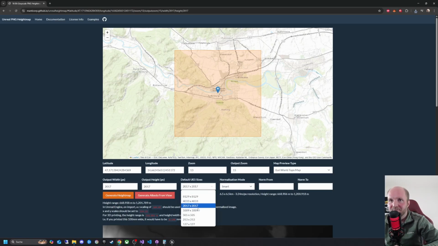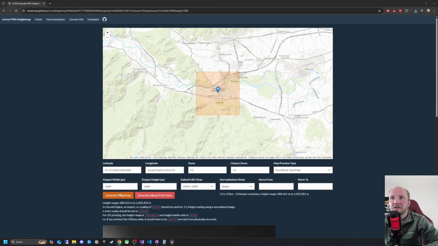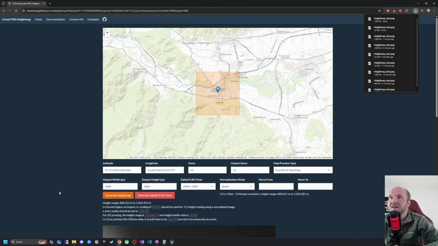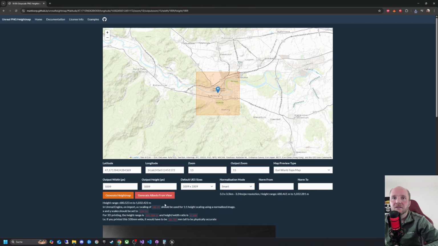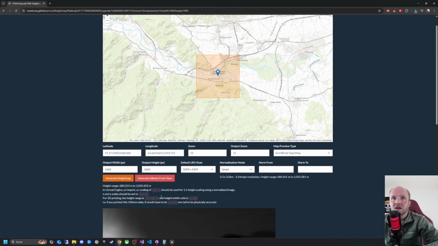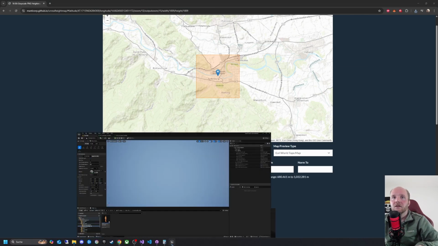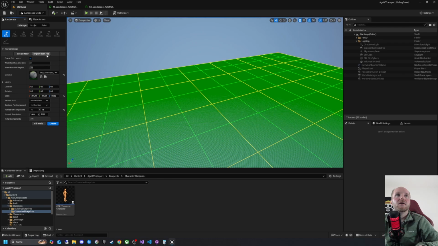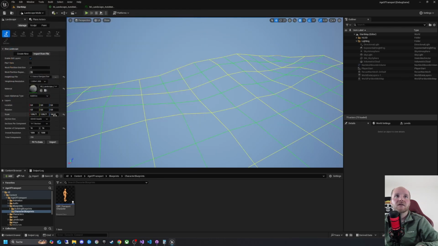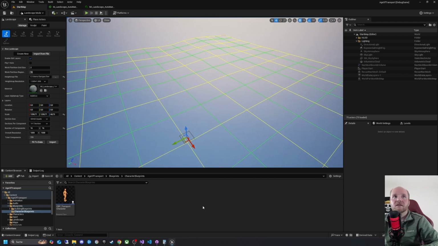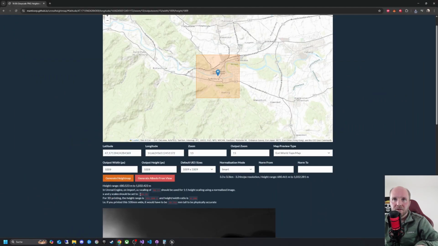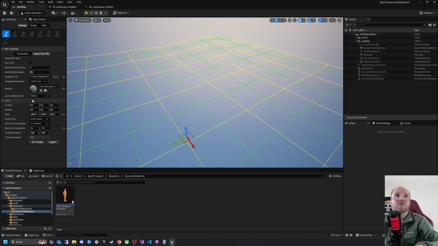We change it again. So I will input this file again, add this, and we have now much smaller scaling,